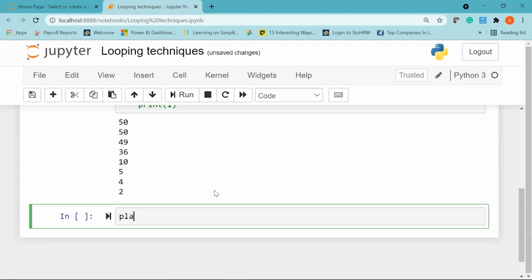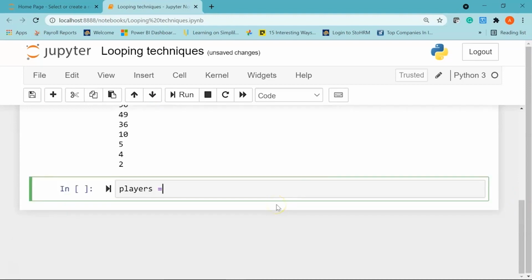So for that, I'll create a variable called players. Let me just scroll down. Then I'll create a list which will have the names of football players. Let's say we have Messi. Then let's say we have Ronaldo. Then we have Salah. And then we have, let's say, Harry. Okay.